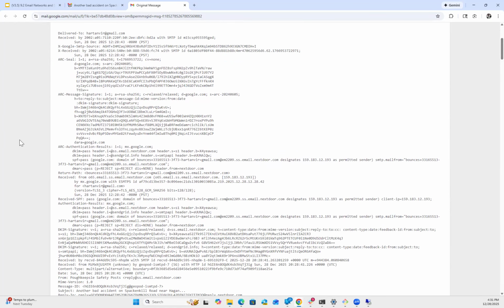In this email header, we can easily see the client IP. You see, this is the client IP. What is the client IP and who sent it to you? And the authentication result, MX Google authentication result they're using also. And what is basically their email? My email is hartanbir@gmail.com and sender email is